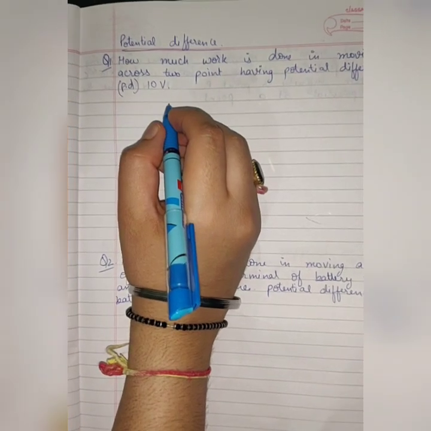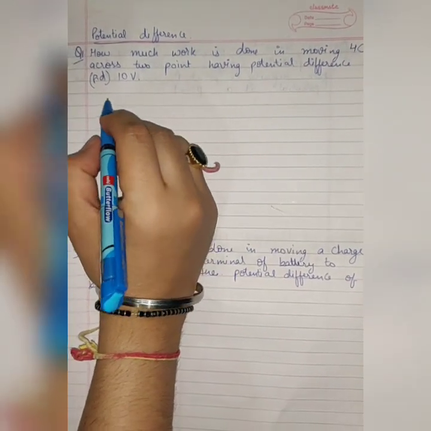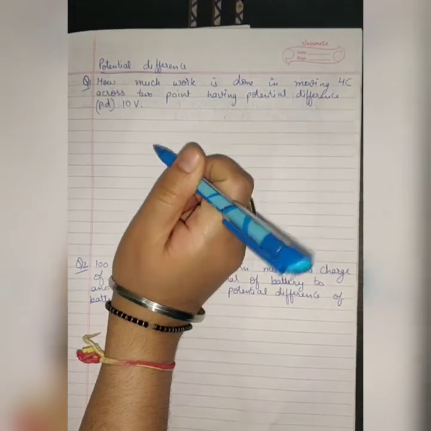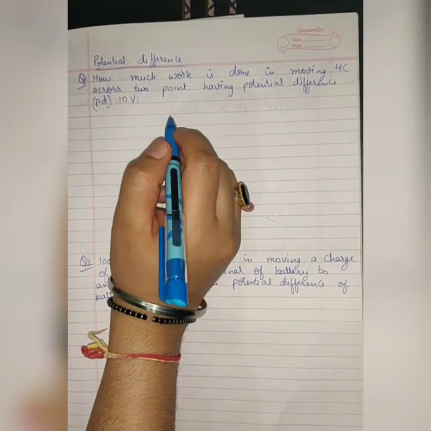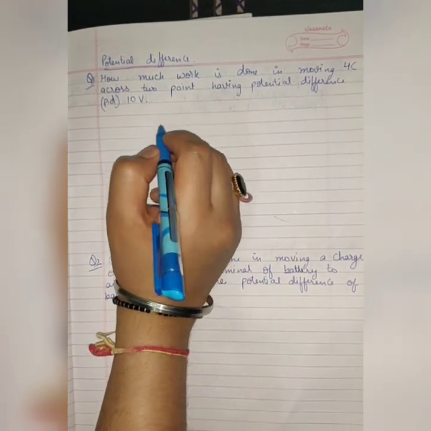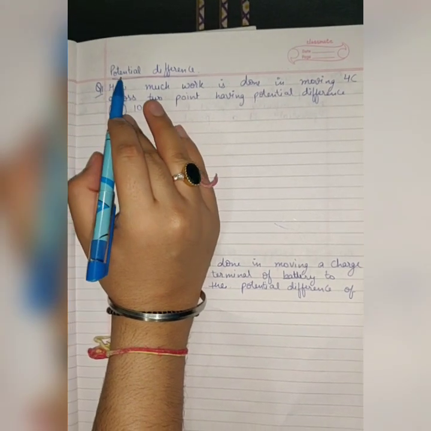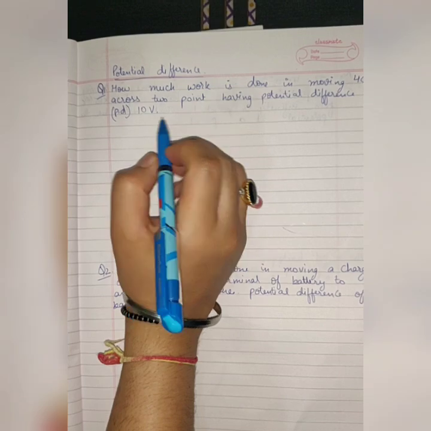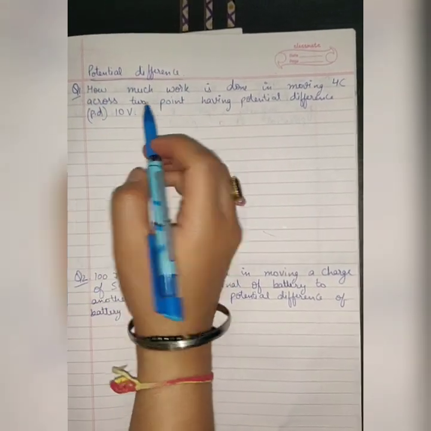Good morning, 10th class. Today in this class we are going to do the numericals which were there in the notes given to you. These questions were there in the last and second last slide of the document. So today I'm going to discuss these questions with you. There were two parts, one for potential difference and the second one for current.